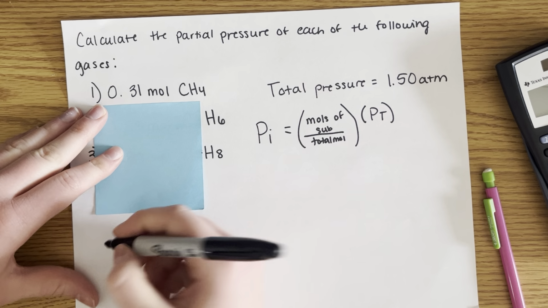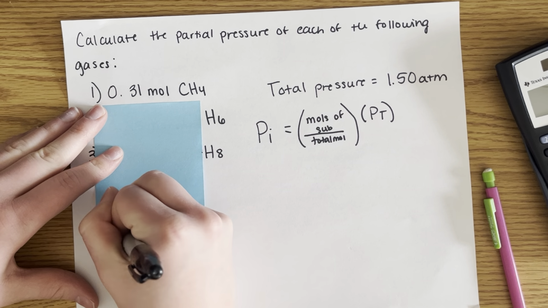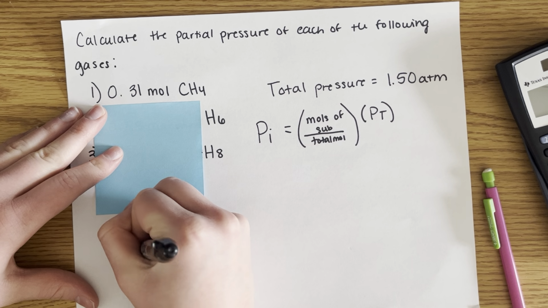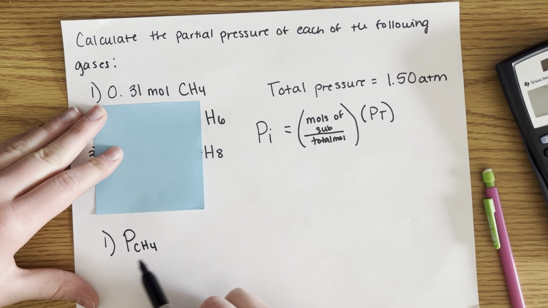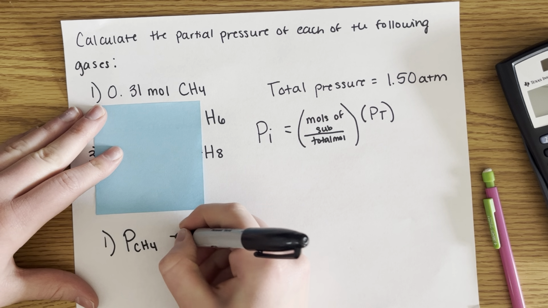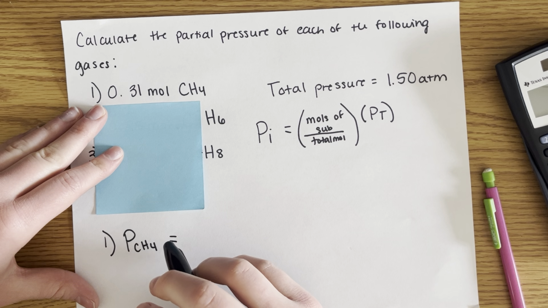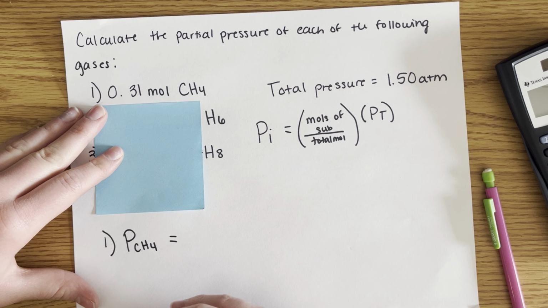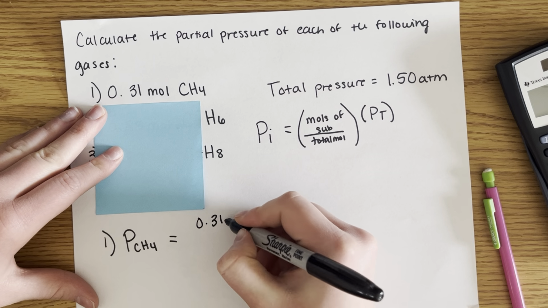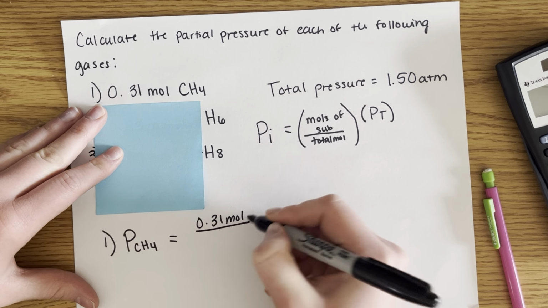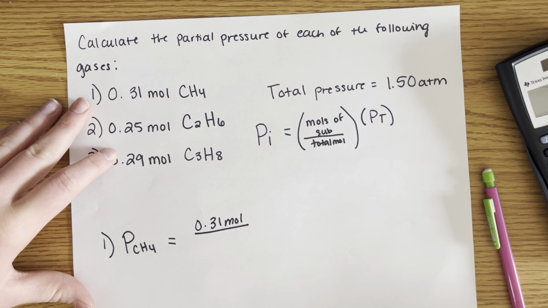So let's start with number 1, CH4. We're going to write the partial pressure of CH4. So this i gets replaced with our substance, equals. Now, how many moles do we have of our substance? It tells us right in the problem. We have 0.31 moles over. Now, I guess we can't really ignore the other ones because we need